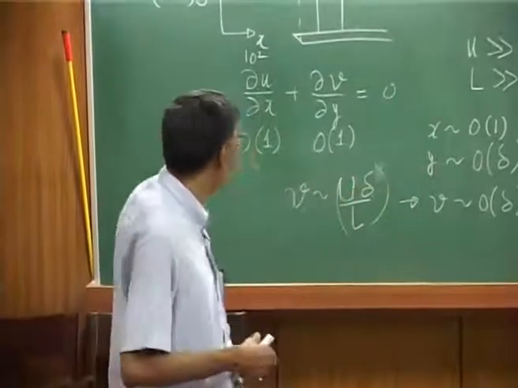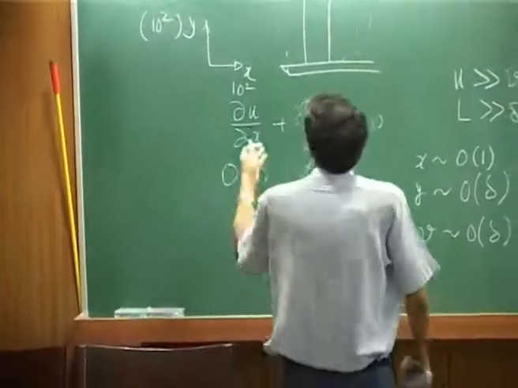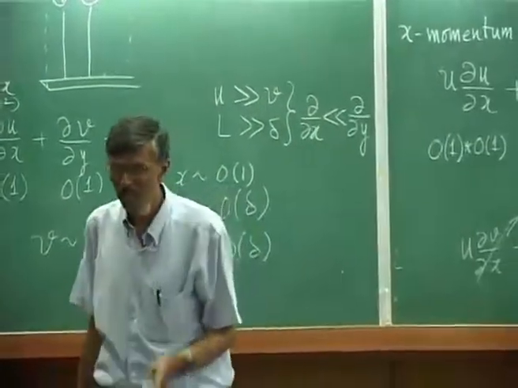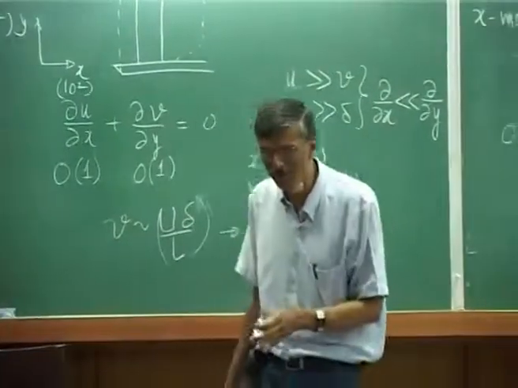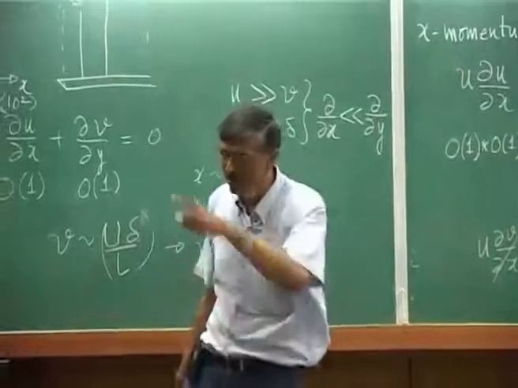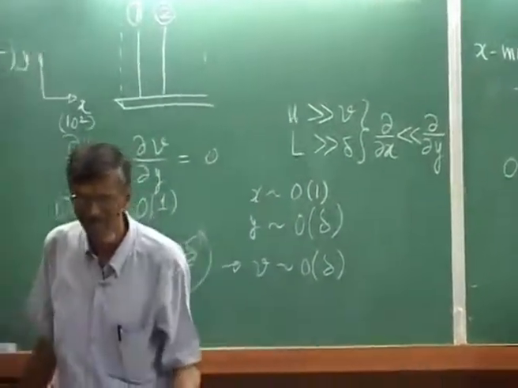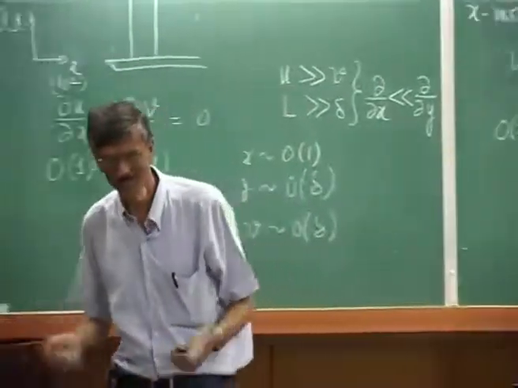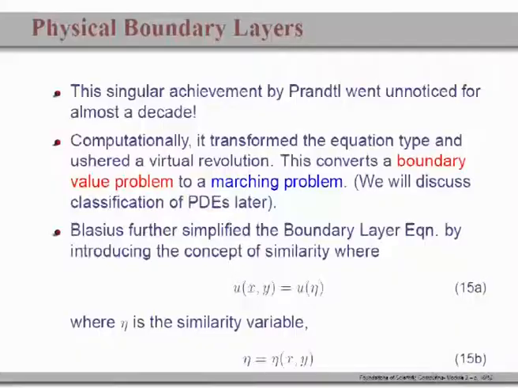But if you now, instead of solving this boundary value problem involving 10 to the power 4 unknowns, try to solve the marching problem, then you would be solving a problem with variables of dimension 100. So, this actually you could do even with a desk calculator. That is the way it happened. Some of the students of Prandtl, namely Blasius, were the pioneers in extracting the benefit of conversion of this boundary value problem to a marching problem,